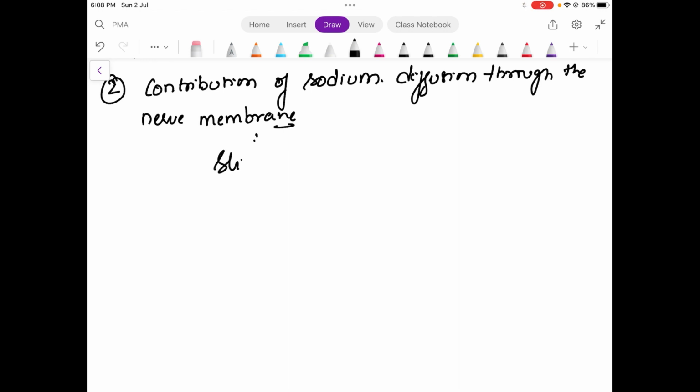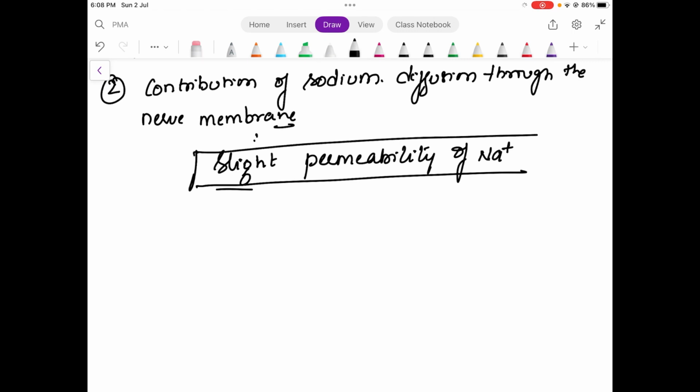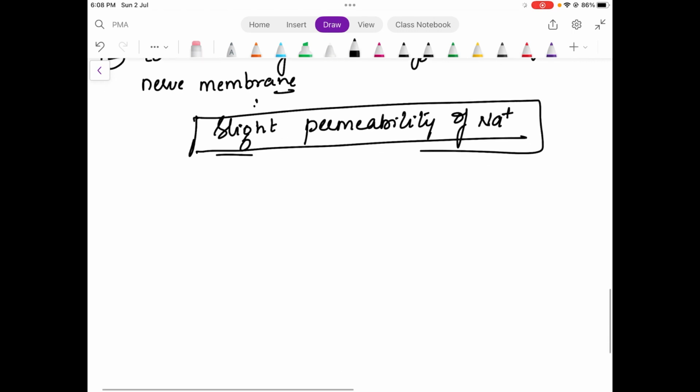There is only slight permeability of sodium ions, and this slight permeability of sodium ions will also cause a potential, and this permeability is seen through potassium sodium leak channels,